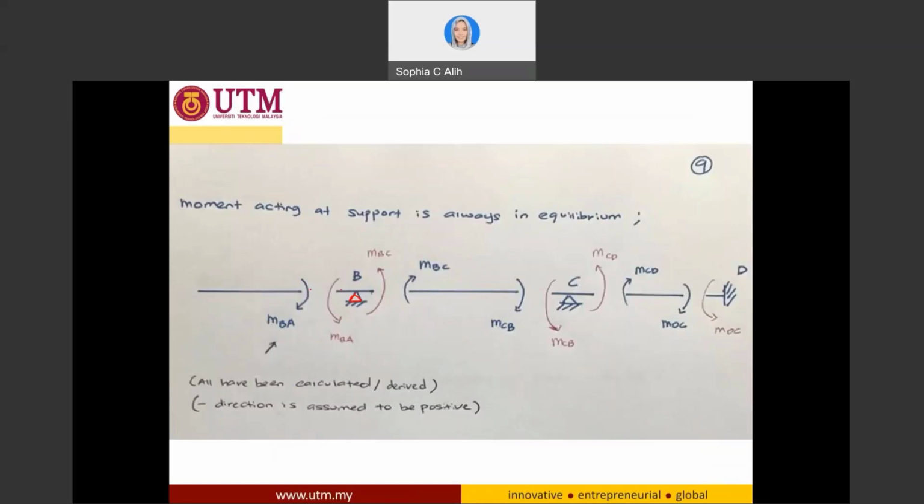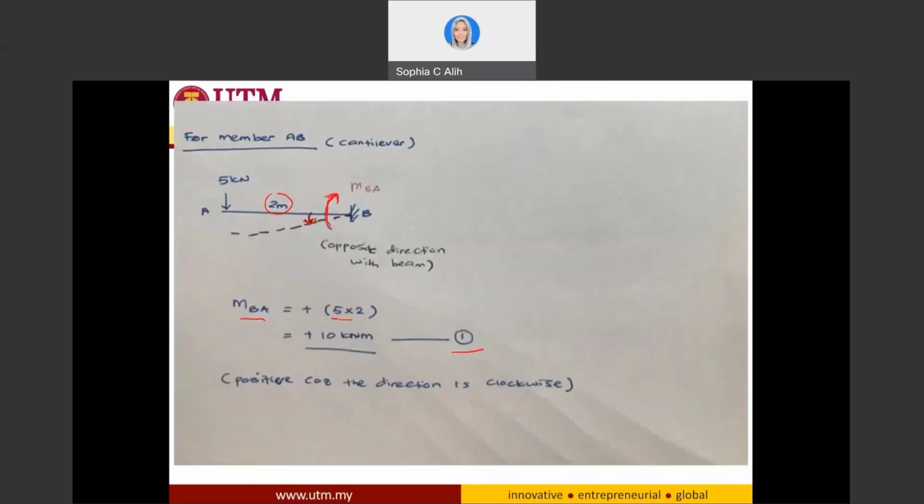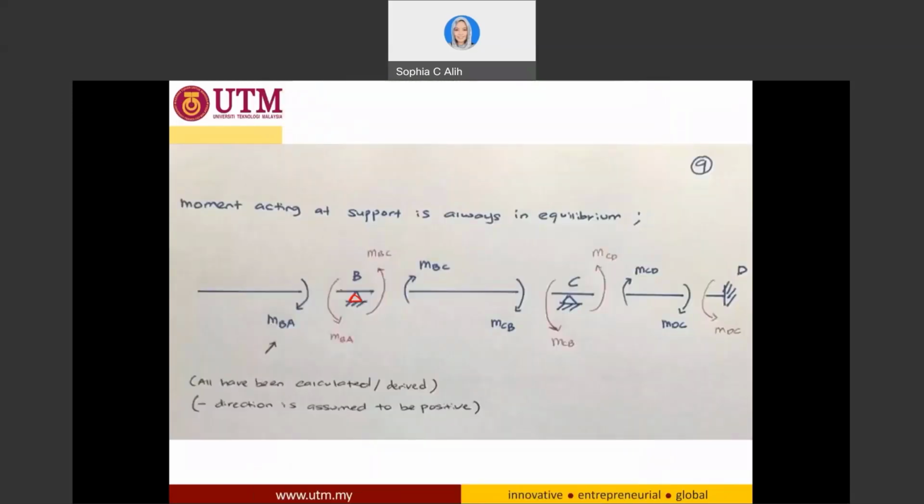Now MBA, we have already calculated it because in here you can see MBA is positive 10 kilonewton meter. This is why I put positive, it is clockwise direction, 10 kilonewton meter. Now, if at the end of your member you have a positive moment of 10 kilonewton meter, so our positive MBA, at the end of this